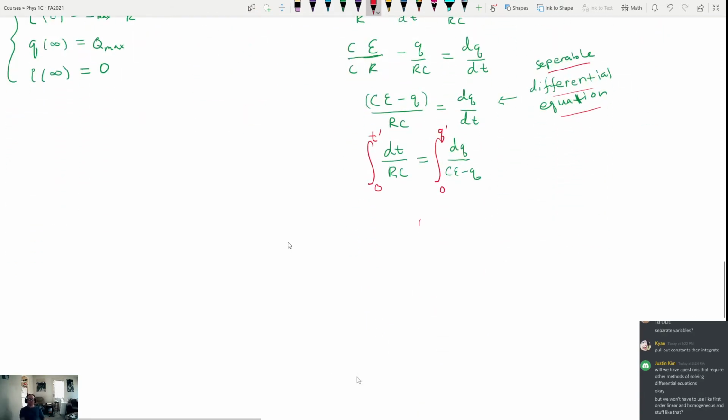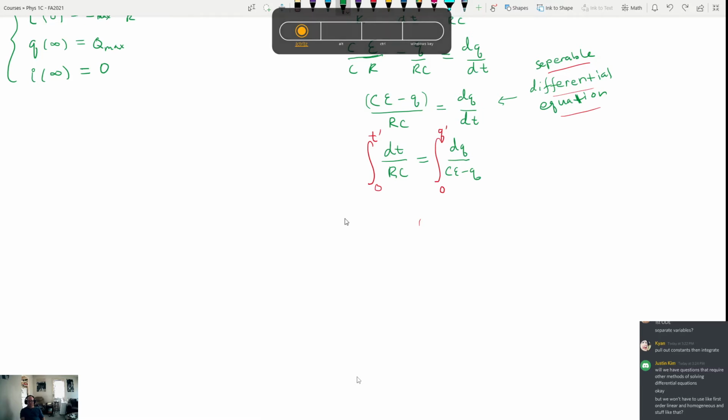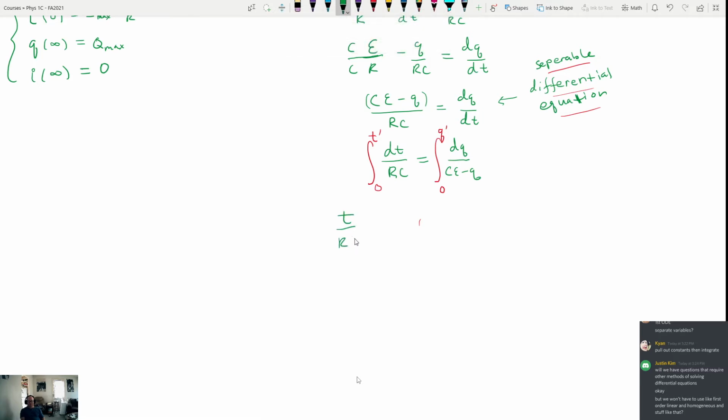All right, so let's get to solving this. So what's the integral of the left-hand side going to be? Well, resistance and capacitance, those don't depend on time. We can pull those out of the equation. So this equation is very simple. It is just going to be t, or let's keep it in green, it's going to be t over rc, evaluated between those limits from 0 to t prime. Okay, equals